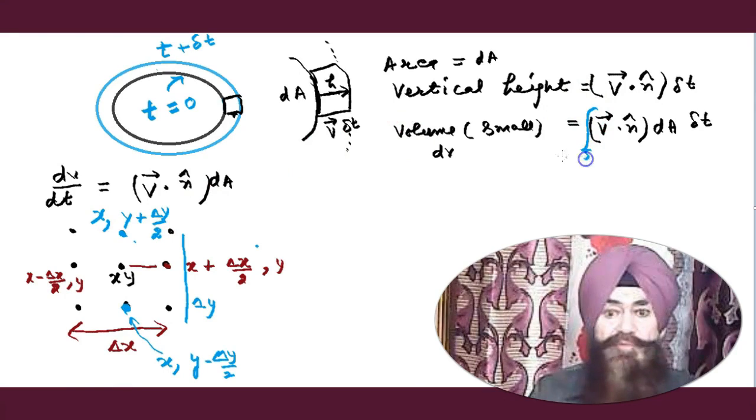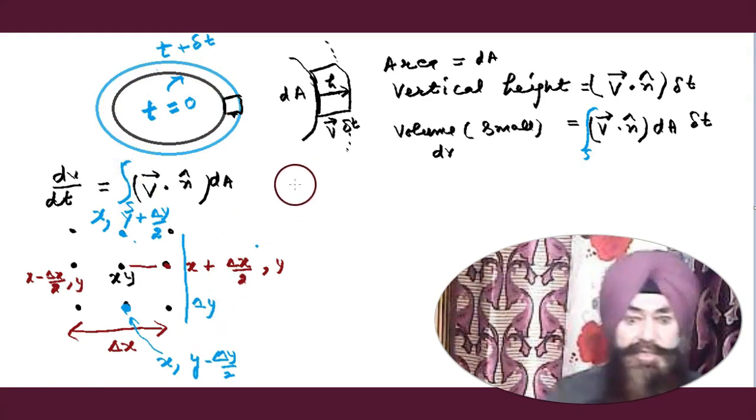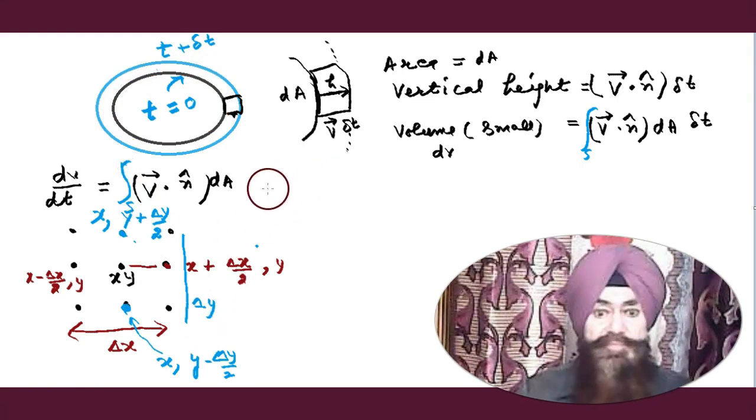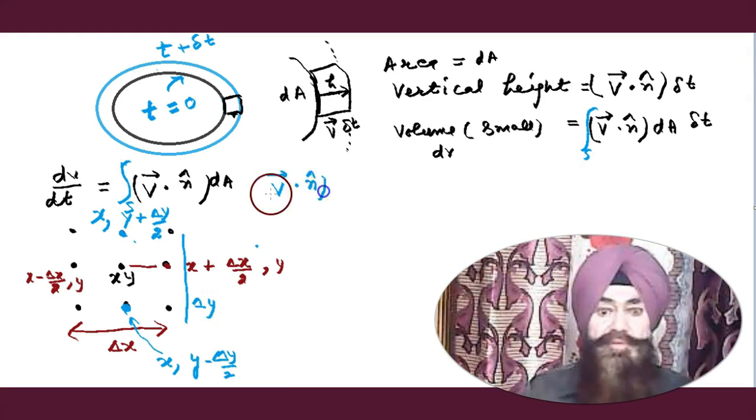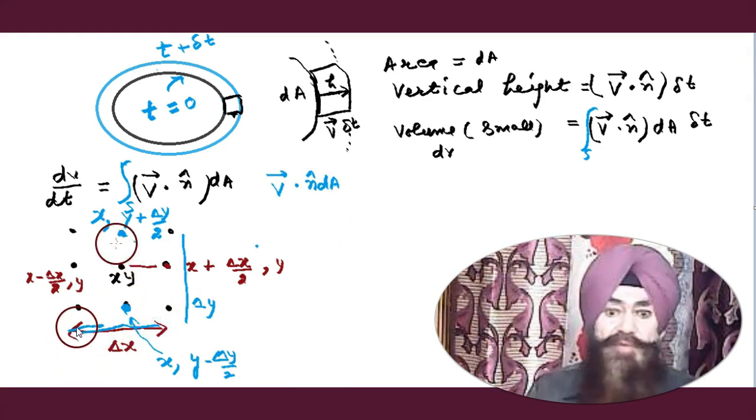Now we have to find, now we are integrating. Why integrating? Because for finding the total increased volume, there's the integration. Now, the normal component of the velocity and area, how much is it? First of all, we are writing this normal component